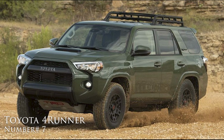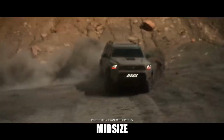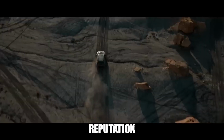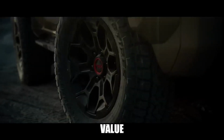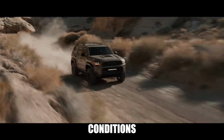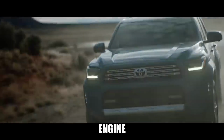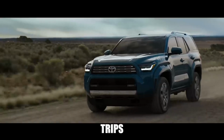Number 7. Toyota 4Runner. The Toyota 4Runner is a rugged mid-size SUV built for adventure enthusiasts. With a reputation for durability, this vehicle has been a favorite among drivers who value performance in tough conditions. The 4Runner's body-on-frame construction, powerful V6 engine, and excellent ground clearance make it a go-to option for off-road trips and